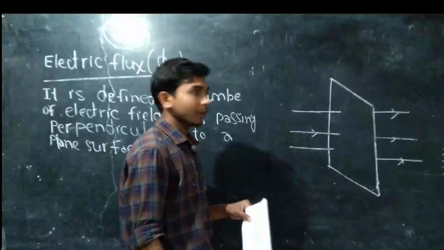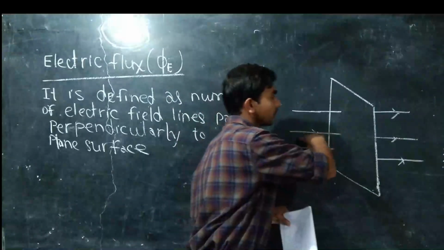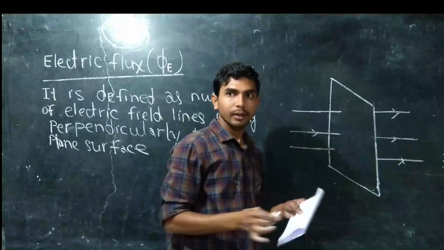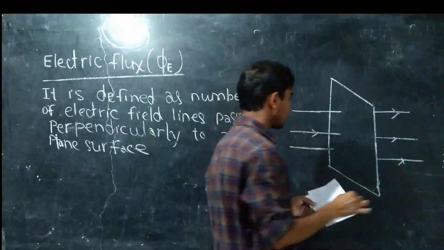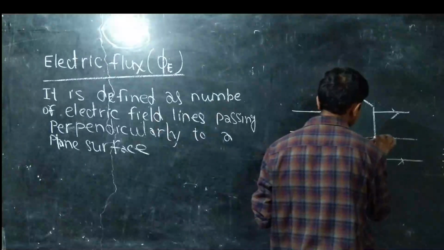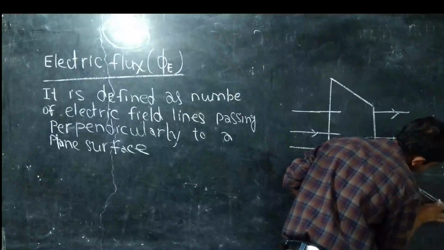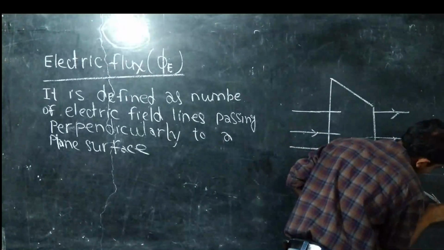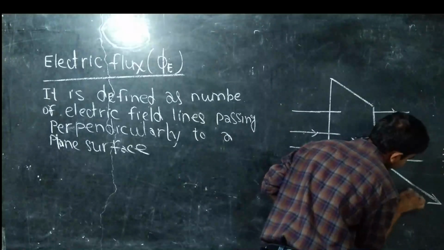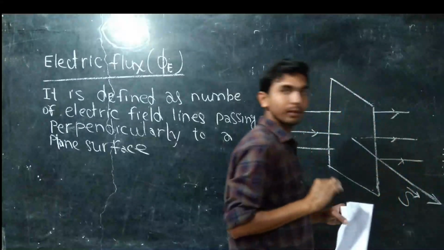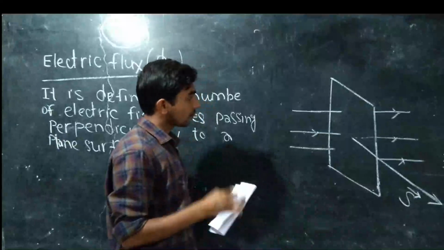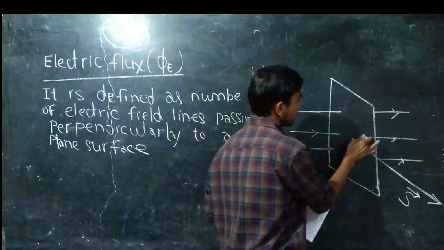This is the direction of the area vector. Area vector I am representing with S. So electric flux is defined as,